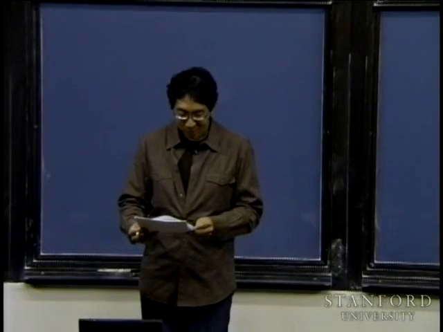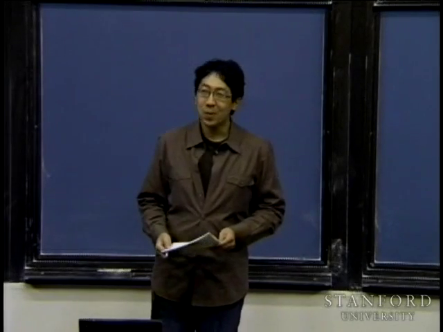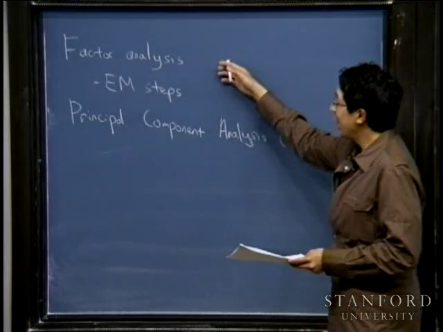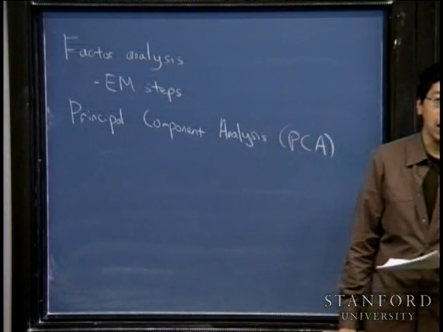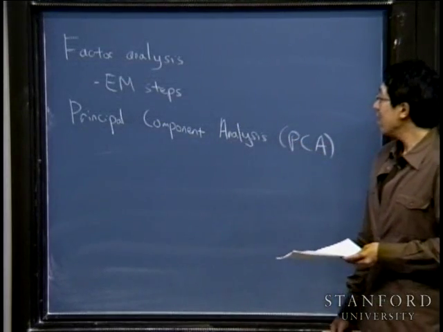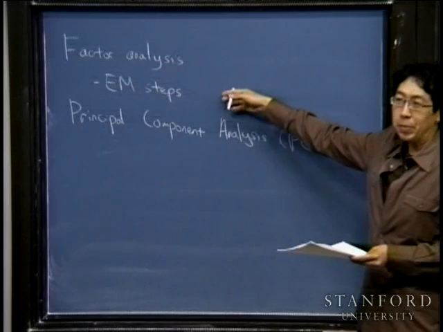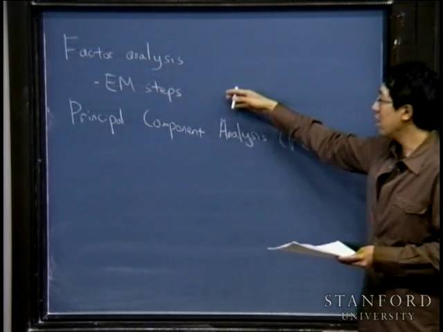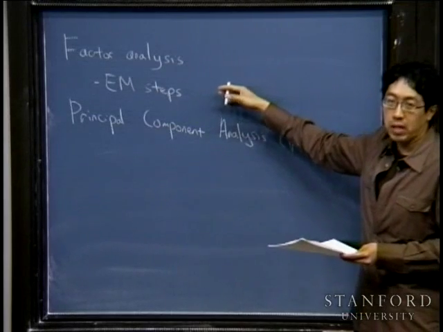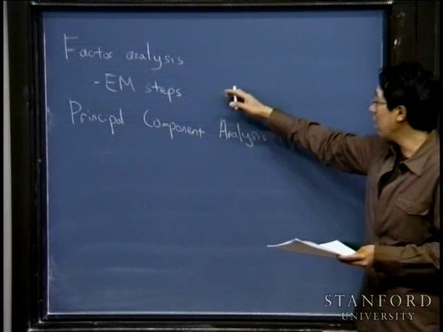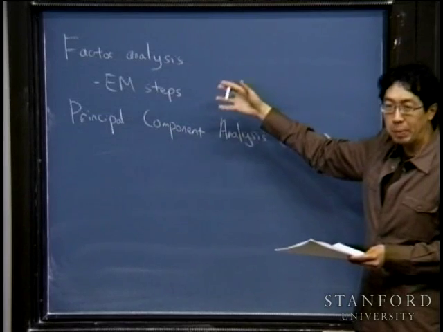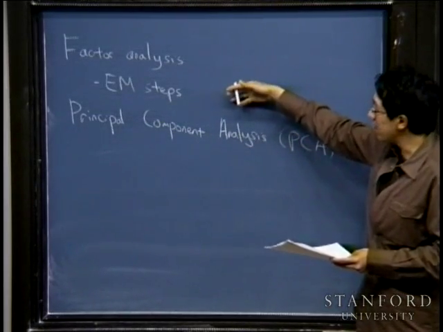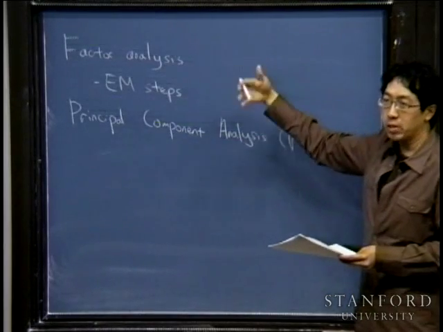Okay, so welcome back. What I want to do today is wrap up our discussion on factor analysis. In particular, I want to step through parts of the derivation for EM for factor analysis, because there are a few steps in the EM derivation that are particularly tricky, and there are specific mistakes that people often make when deriving EM algorithms like factor analysis. So I want to show you how to do those steps right,